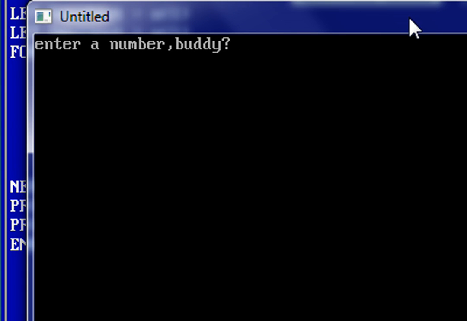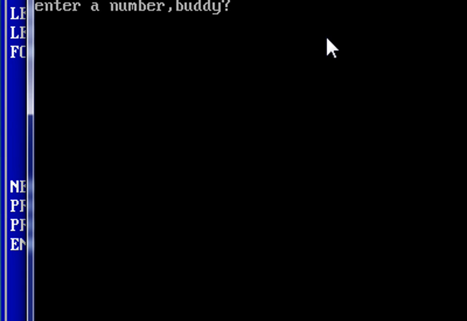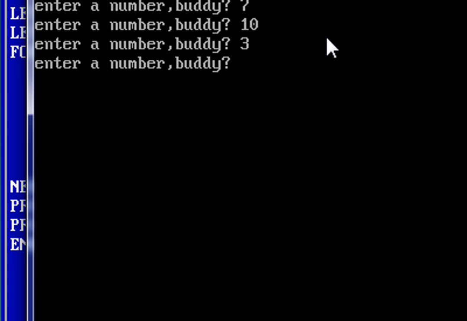And here we go. Enter a number, buddy. Suppose I inputted the number 7, cool, and the second number 10 and 3. The main problem was that we can put any 10 random numbers. It means the pattern was not fixed that you are going to put numbers in an increasing way.